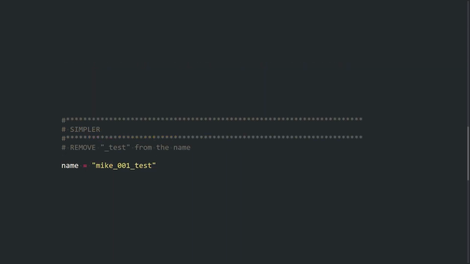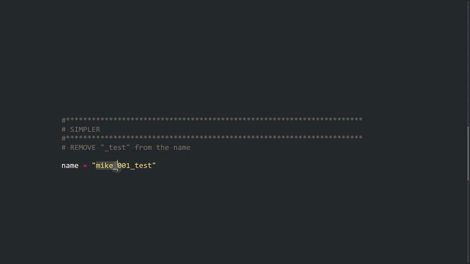Another important element of scripting is that after generally solving the task, there is not only one solution that works, but multiple. Some are better and some are worse. If we look at the task ahead, so the task here is we have to remove _test from the name. This means whatever name we get, we have to write a script that will remove _test. How would you solve that one?